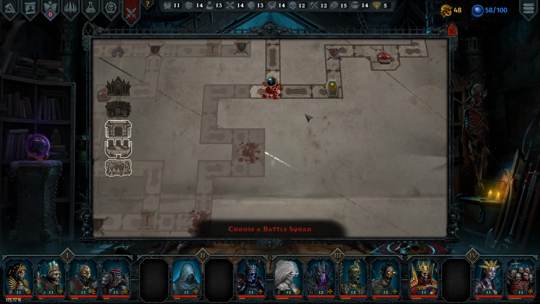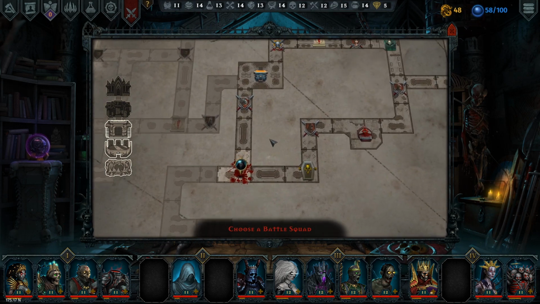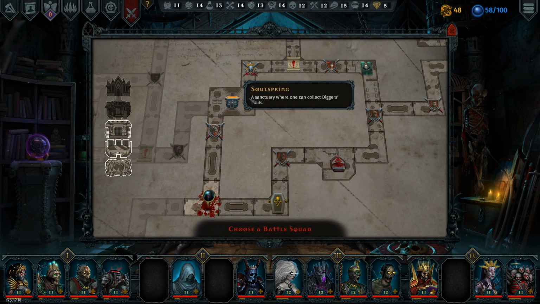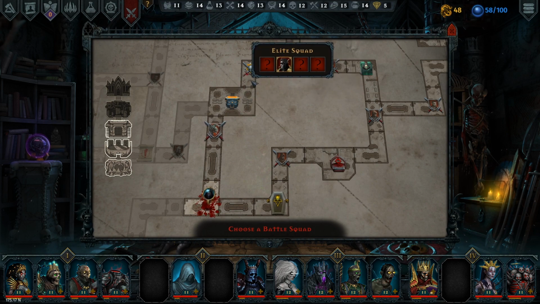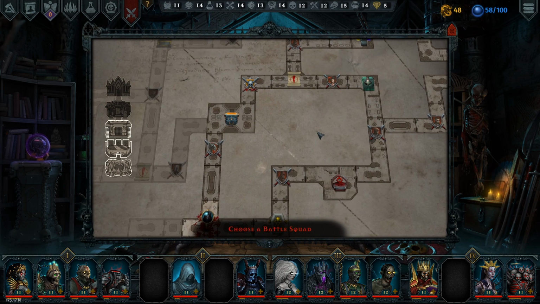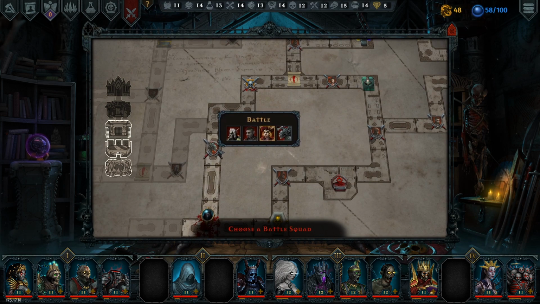Now, we have a little bit of a bridge we could choose here, or a fork I should say, between a coffin filled with items and a battle, then some soul spring, and then a battle. I kind of want to go this way, not only because I want to fight this elite fight, but also I think I want the soul spring so I can upgrade either my arena or my mortuary. But to do that, we have to get through this, which is a new enemy, a swordsman, an elite bard,